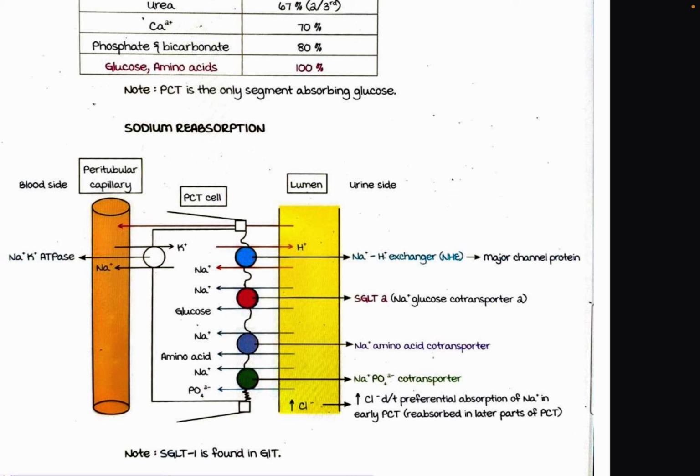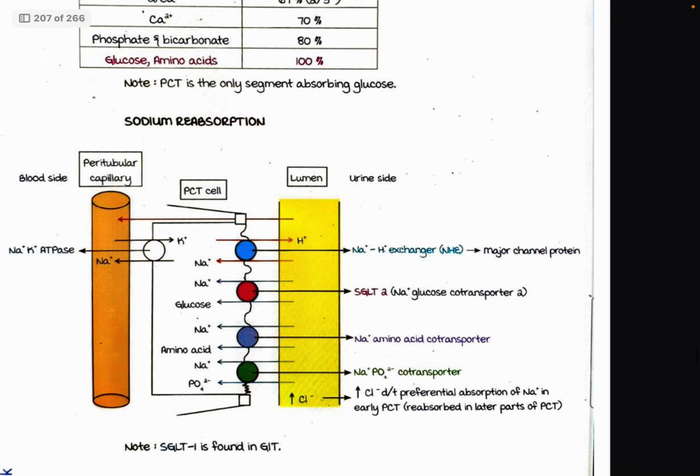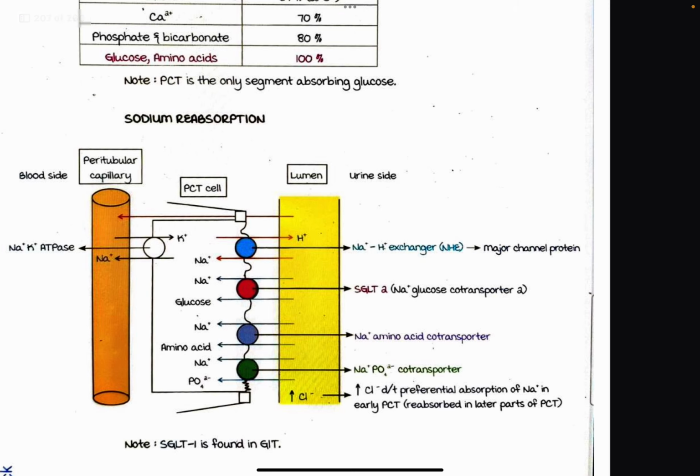Sodium reabsorption: the body side is the peritubular capillary. This is the proximal convoluted tubule cell, this is the lumen, and this is the urine side. The peritubular side has the sodium-potassium ATPase. The proximal convoluted tubule has sodium-potassium ATPase, and the lumen side of the PCT has these channels: